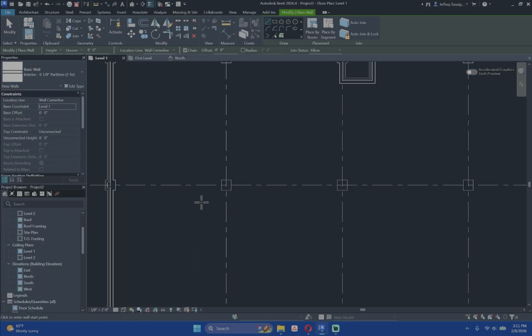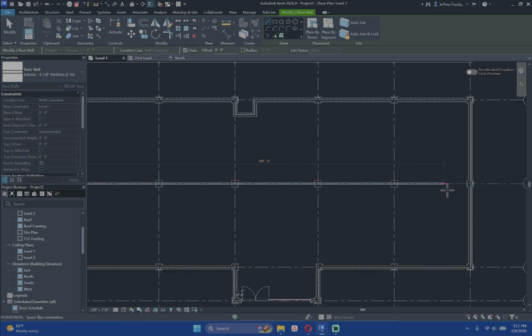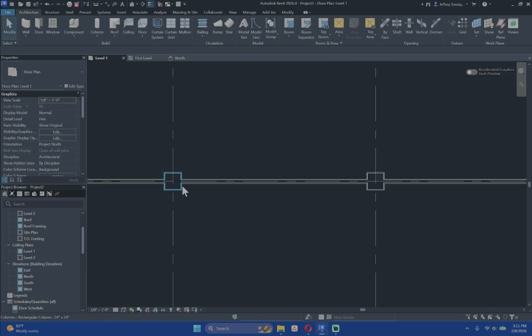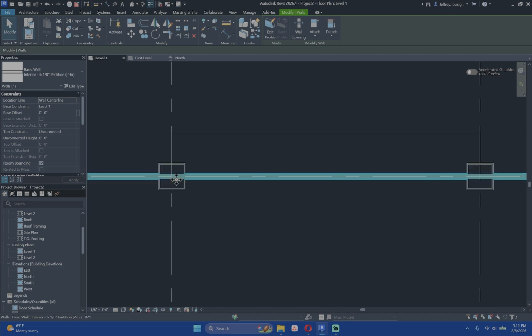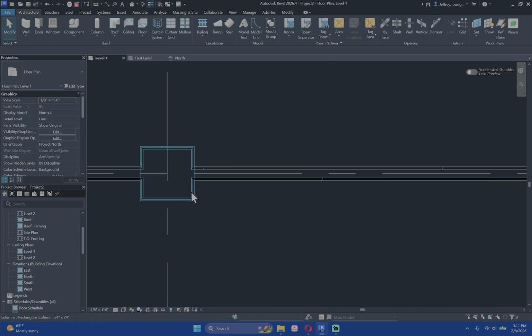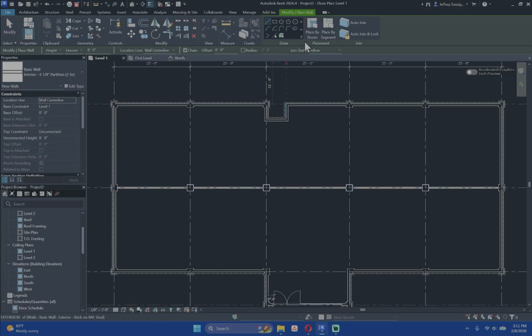Since we drew architectural walls, when we draw the wall's center line going all the way from one side of the building to the other, we're going to see that it will cut out the pieces of the walls that are going through the column. It is smart enough to know that although the wall is continuous, it is going to break up the wall, at least graphically in our plans and other views, to let people know what is going to be going on there. And then if we wanted, we could draw in another wall